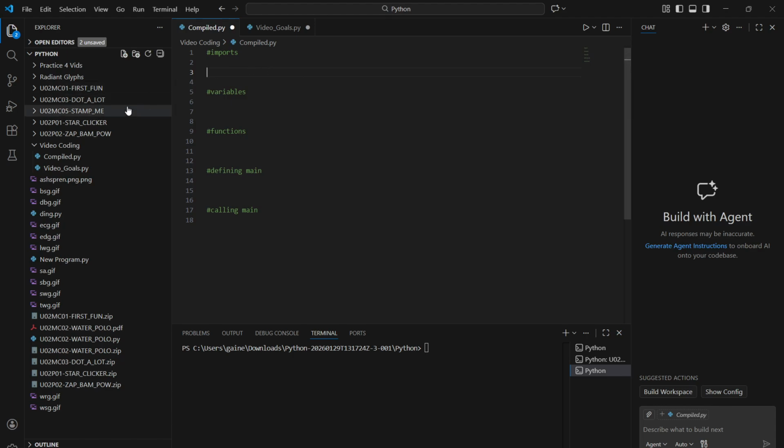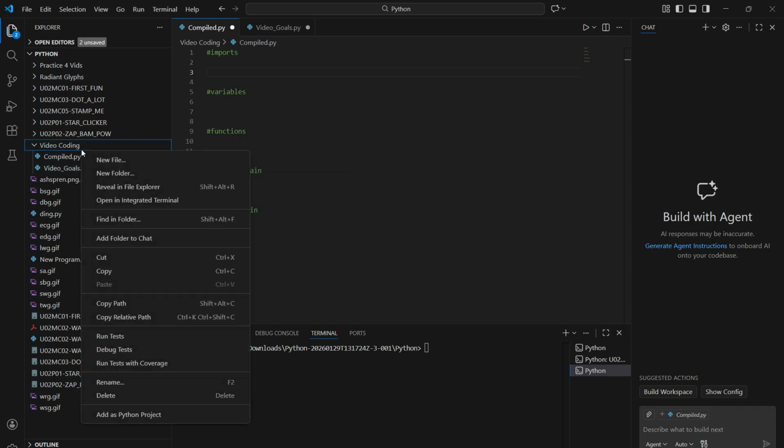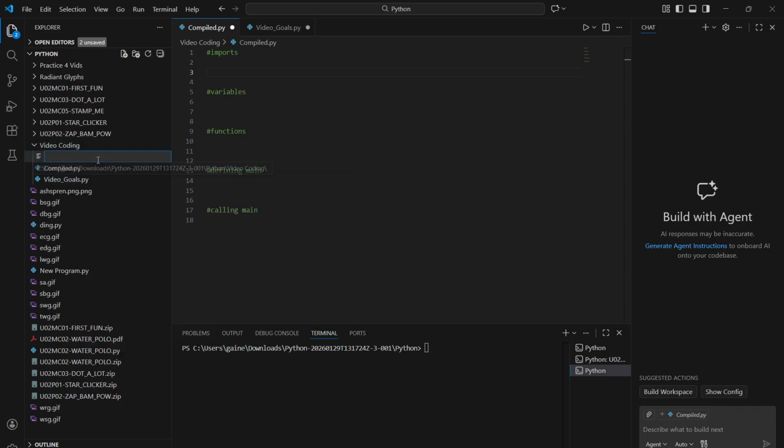First, you're going to want to come over here and attach a folder. You could call it Python files or whatever you want. After that, you're going to make a little folder down here. I can't do it because I've already done it. Then you're going to right click the folder, click new file, and name it. I'm just going to call mine video coding,